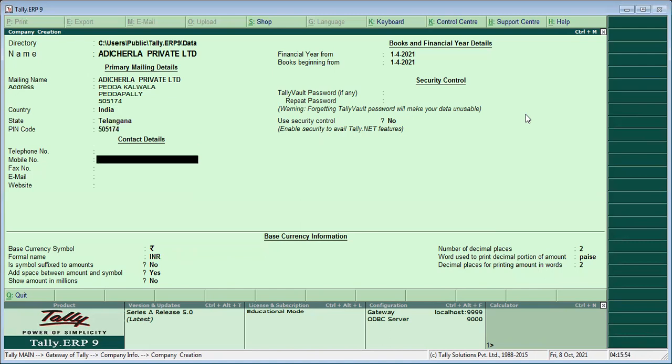Mobile number, for example, 98765432110. Next, fax number. If you have a fax, then enter the fax number, or else simply leave it. And next, enter the email address.